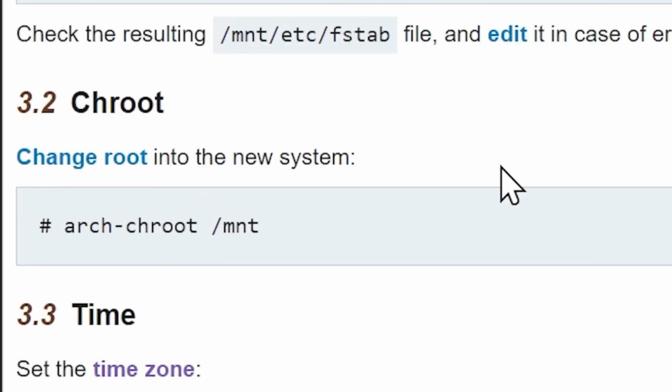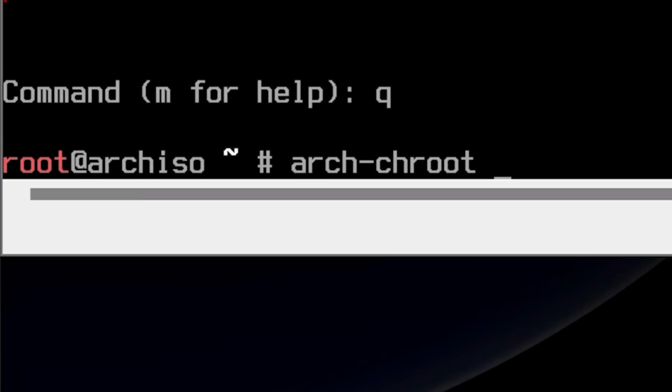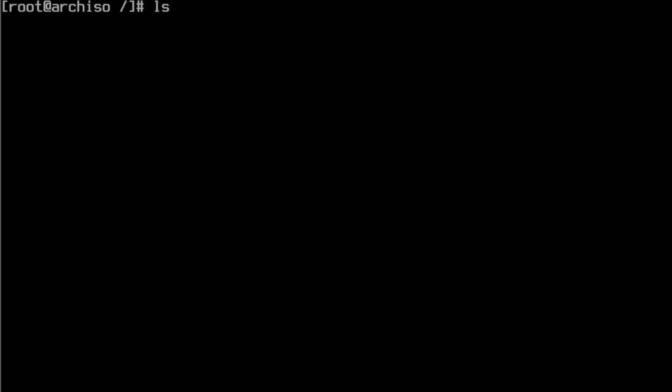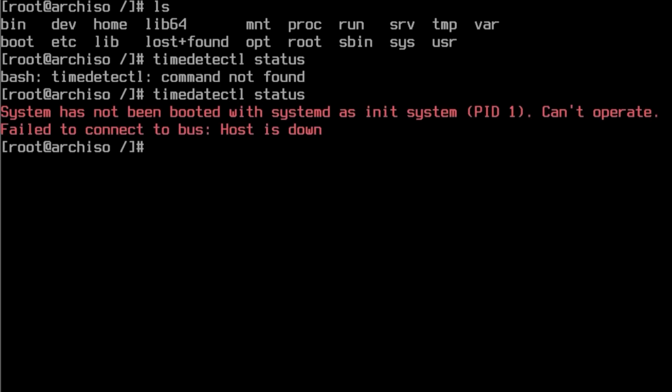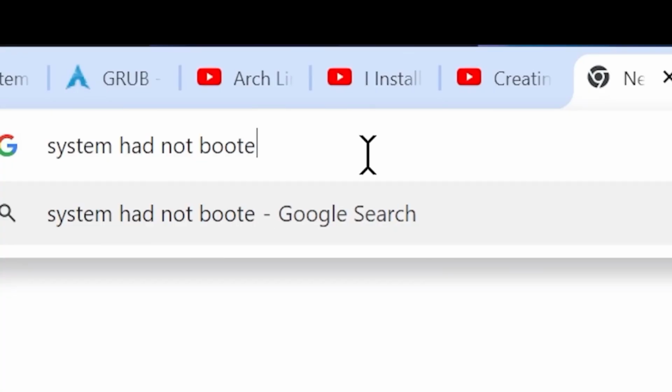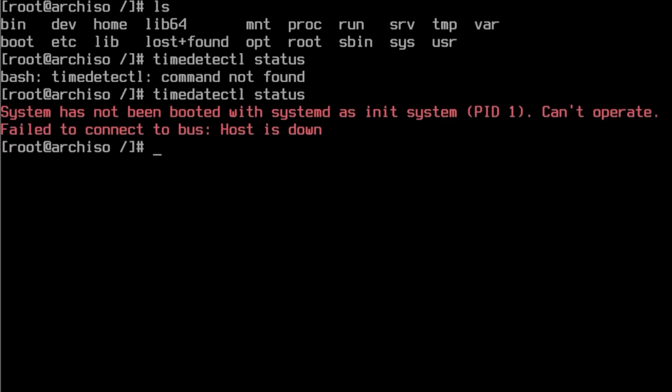Okay, so change root. arch-chroot /mnt. Can I do ls? Yes, I can. timedatectl status. Can't operate. Great. Not booted with init system. Arch. Maybe I forgot to install some sort of a package with